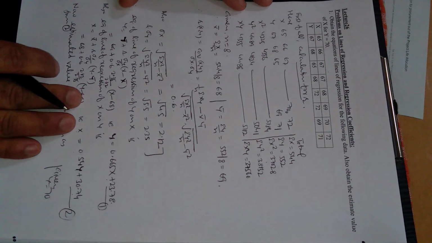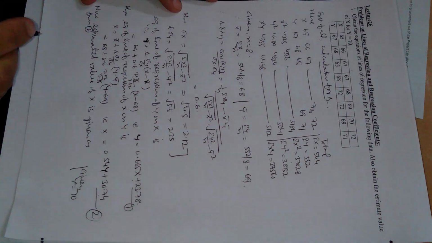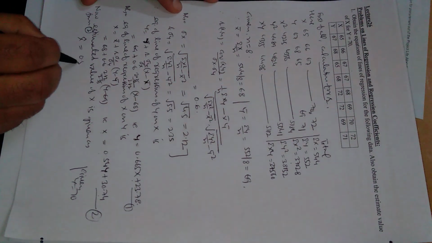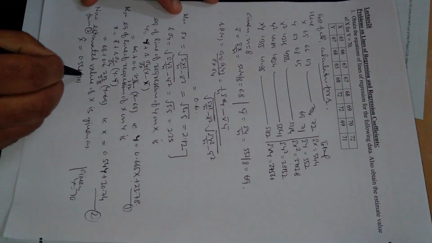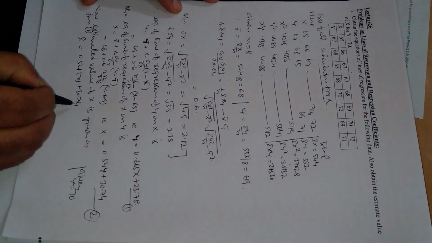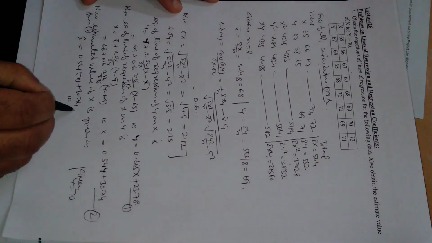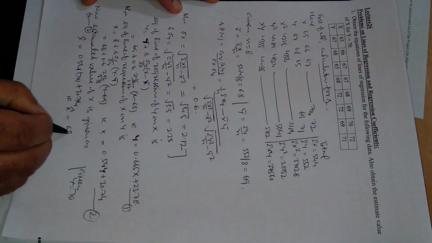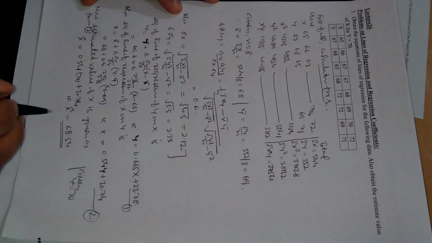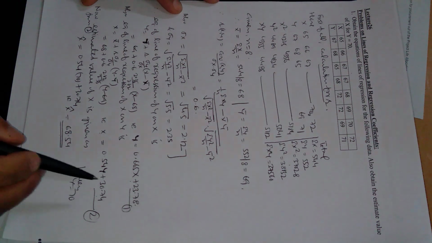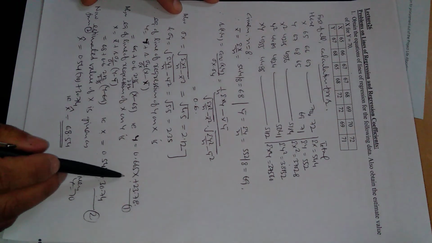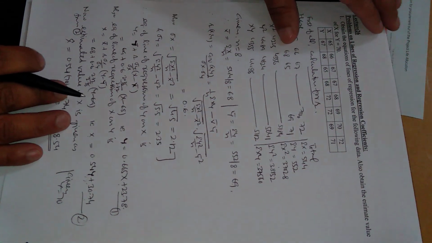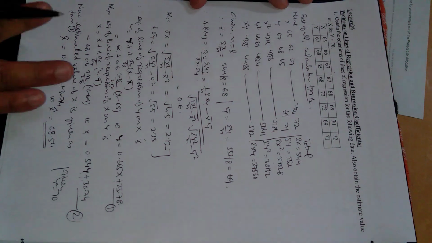From equation 2, the estimated value, denoted by x cap, is 0.54 times 70 plus 30.74, which on simplification gives us 68.54. This is the required estimated value of x for given y, and these are the required equations of the lines of regression of y on x and x on y. So this is all about the first question.